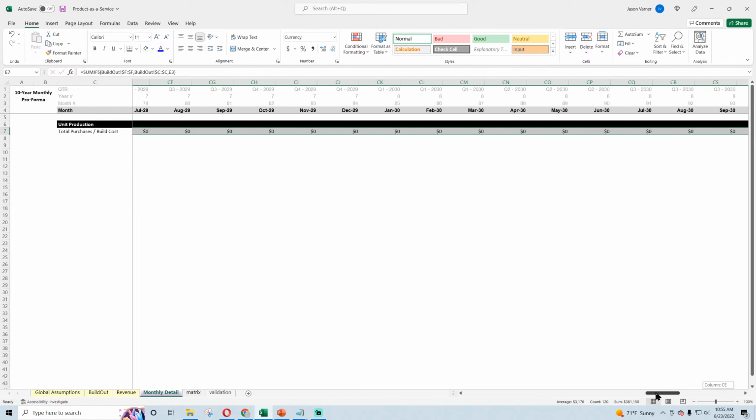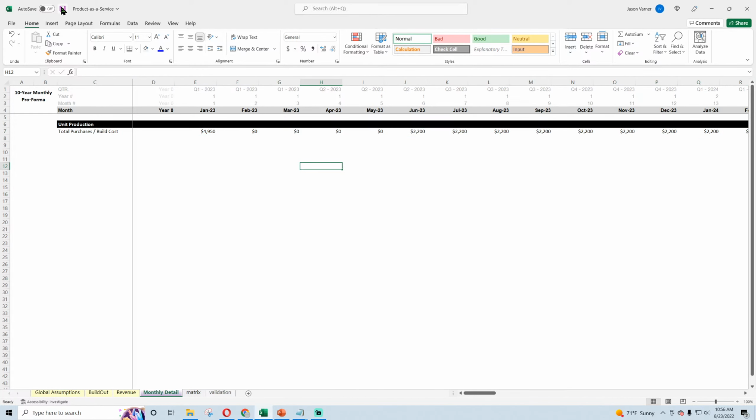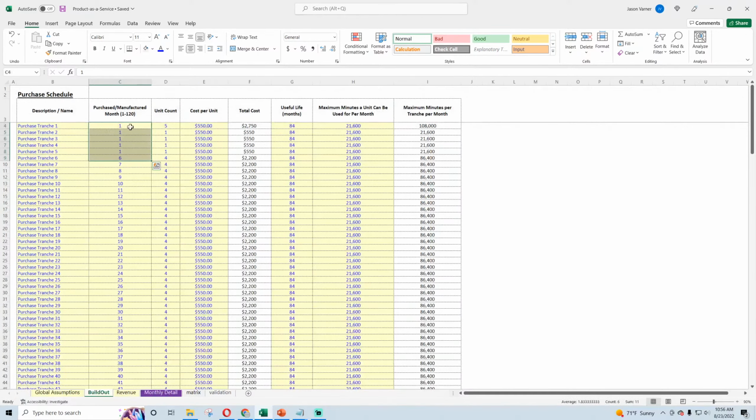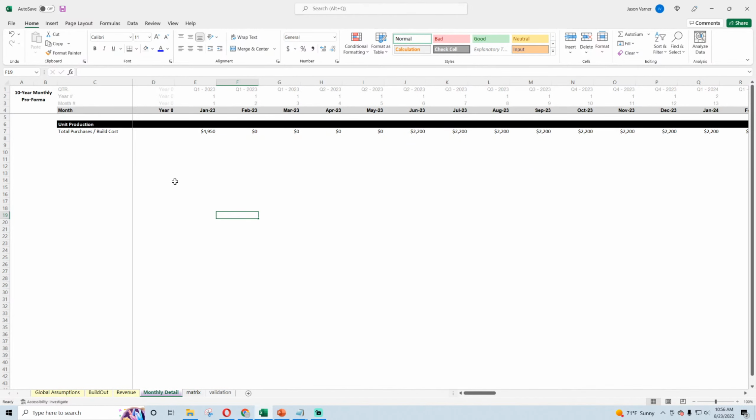So here's my cost. Now remember, these costs are going onto fixed assets. In product as a service, you have fixed assets. In a regular retail model, you do not have fixed assets. You have inventory. So in a retail model, you buy or manufacture these, or buy them through a wholesaler, and hold them in inventory. So they hit the inventory on the balance sheet, and then when you sell them, they leave inventory, and you make a profit against the cost of goods sold. That's different. Now we have fixed assets with depreciation expense,